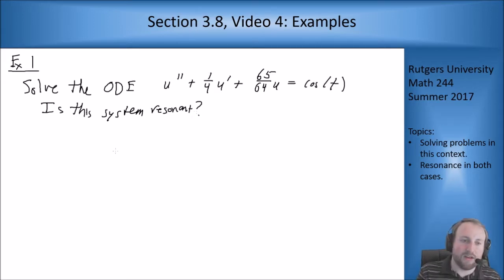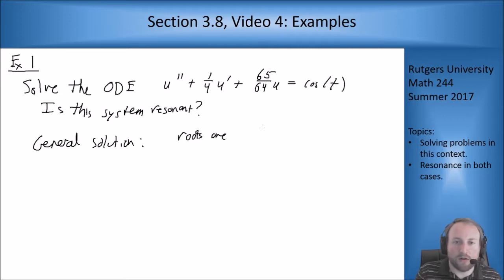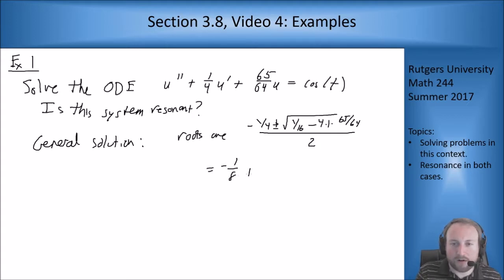We need to look for the general solution, which is where we're going to start. For the homogeneous part, we need to solve this problem. The roots are -1/4 plus or minus the square root of b squared minus 4 times 1 times 65 over 64, all over 2. So I have a -1/8 out in front, plus or minus what's in the square root. The square root is 1 over 16 minus 65 over 16, so it's 1/2 the square root of negative 64 over 16. This in here is 16, which gives me a 4, which gives me a 2i. So I get -1/8 plus or minus i,